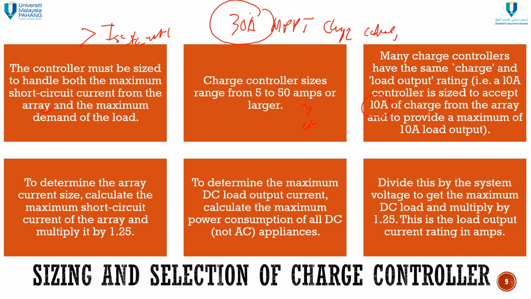Okay. To determine the array's current size, calculate the maximum short circuit current of the array and multiply it by 1.25. This is the margin. Again, this is the margin so that we don't take exactly the 30 amps as it is. For example, if we have the parallel connection, then we get 30 amps in total. We don't take that. That's very dangerous. That's why it must be multiplied with 1.25. For example, 20 multiplied with 1.25, then you get